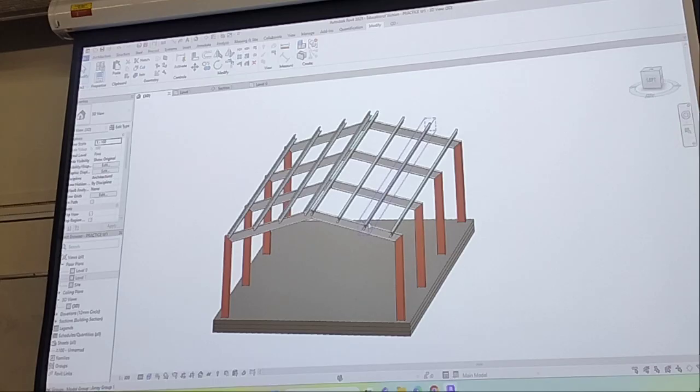If you do find your own method, that's great. There's many different methods of doing this. You can also place your purlins using the work plane method, where you place it on the work plane and then just change the